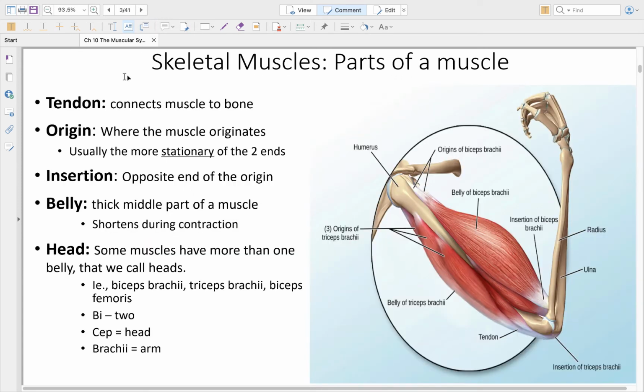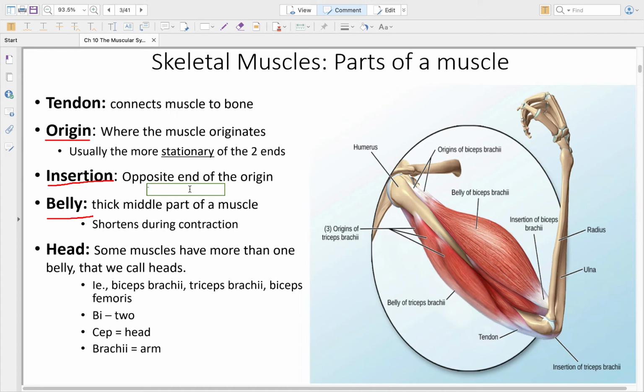Now, before we can learn the actual muscles and what they're called and all of that, we have to learn parts of the muscles. Okay, tendons. Tendons connect muscle to bone. Every muscle has an origin and an insertion and a belly. The origin is where the muscle originates. It's usually the more stationary of the two ends of a muscle. Okay, the insertion is the opposite end of the origin, and typically the insertion will be the